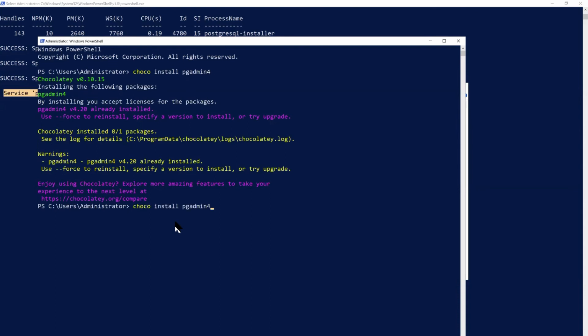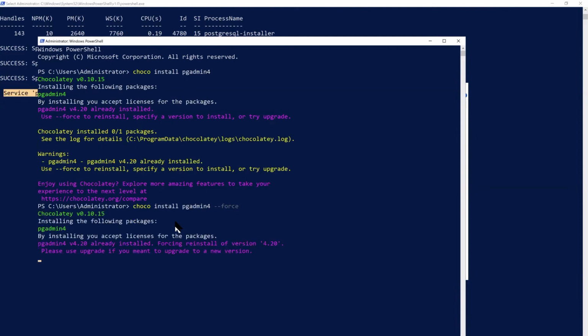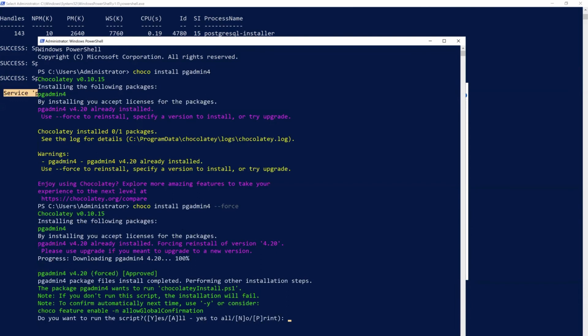If you want to reinstall, then we can use the --force option. Let me do this. Press Y to answer all. It is downloading the package, and then it will try to install.